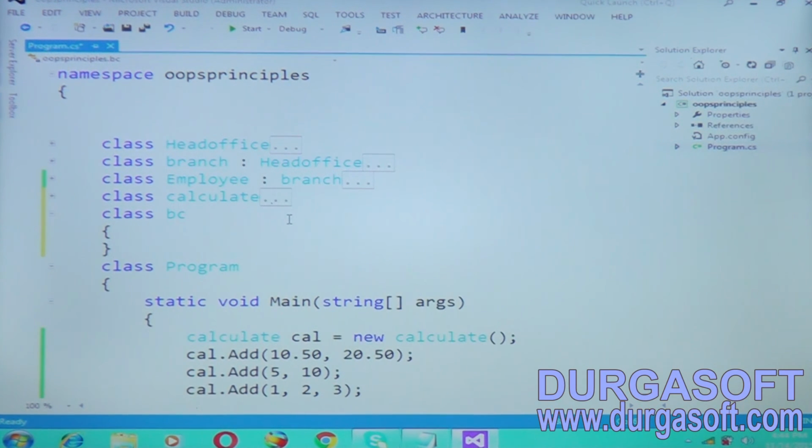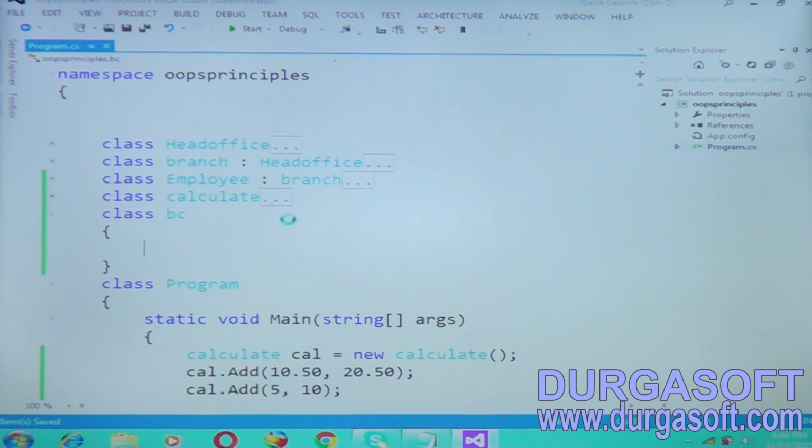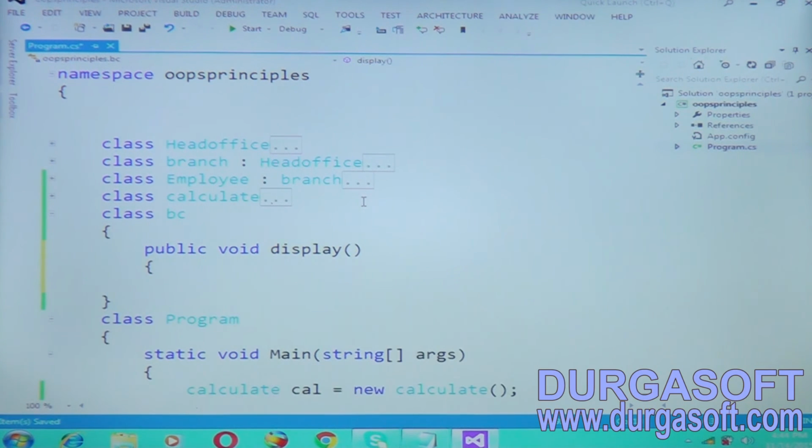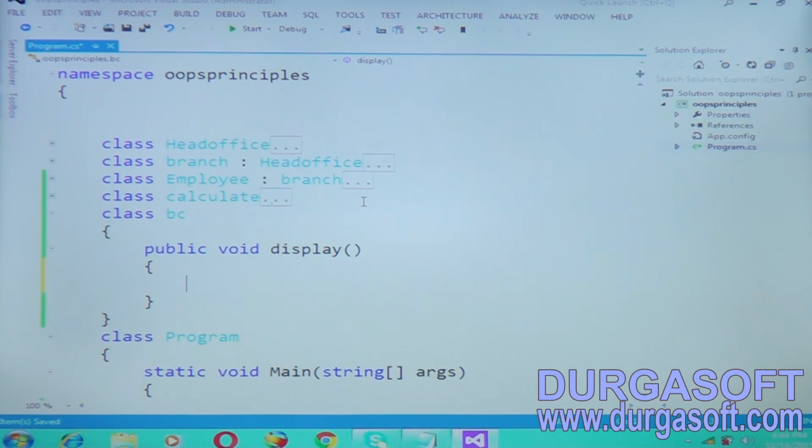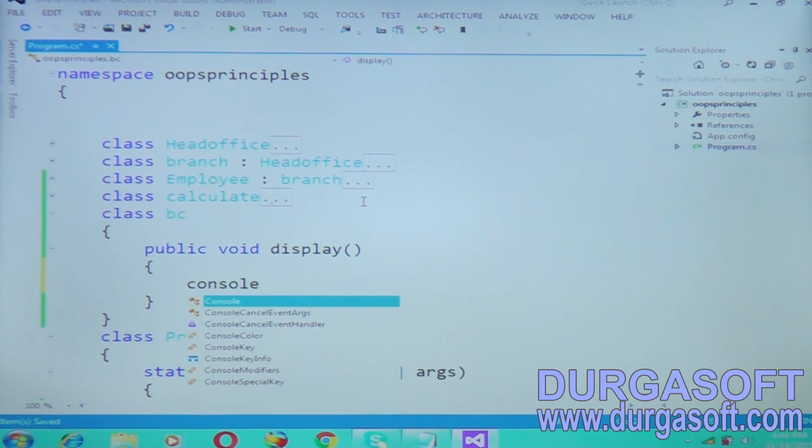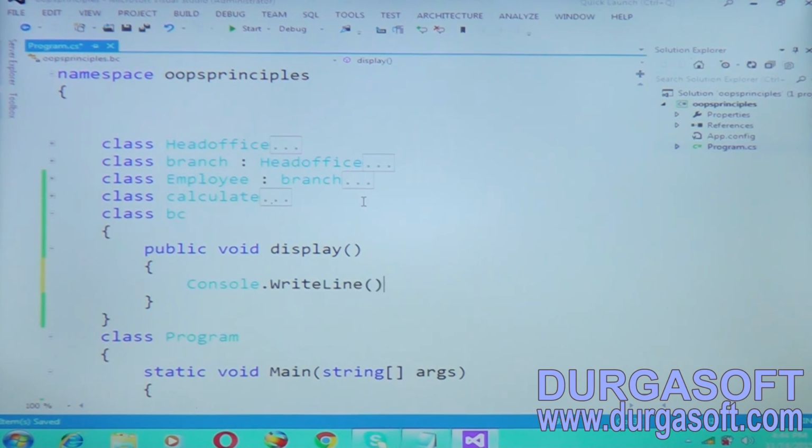I am defining a class and taking a method here, public void display. This is an example for function overriding. Console.WriteLine, I'll put a message like "BC is calling".